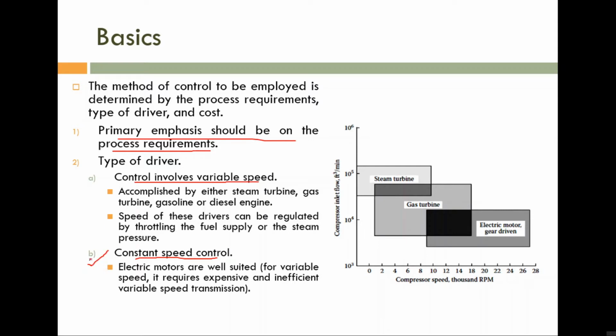Okay, we are more focusing on this particular one, where we are controlling the compressor by manipulating either the suction line or the discharge line. The reason is that we are running a compressor. If you are using an electrical motor, what will happen if you vary the speed by reducing the power of the electrical motor?